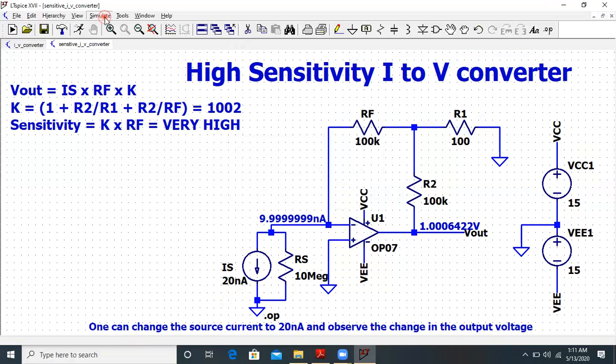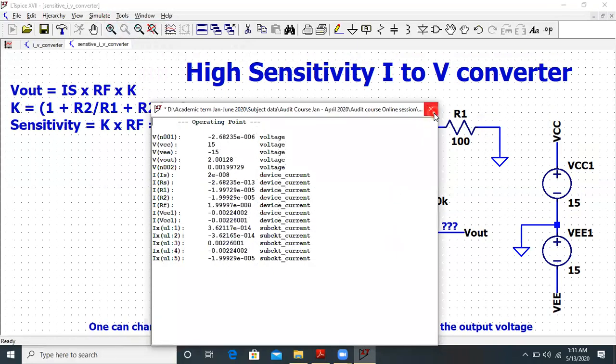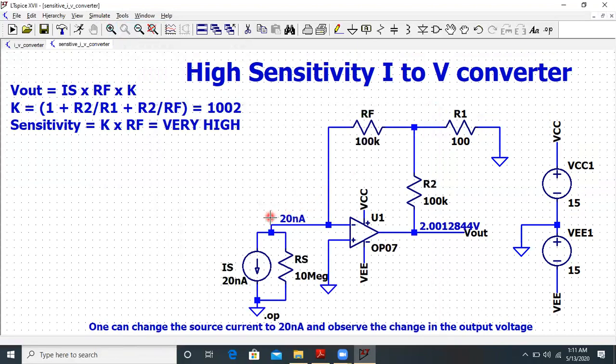Let us check that. If I run this, yes, if the input is around 20 nanoamperes, the output changes accordingly to 2 volts as per this formula. So you can directly say that the output voltage is directly proportional to the input current.